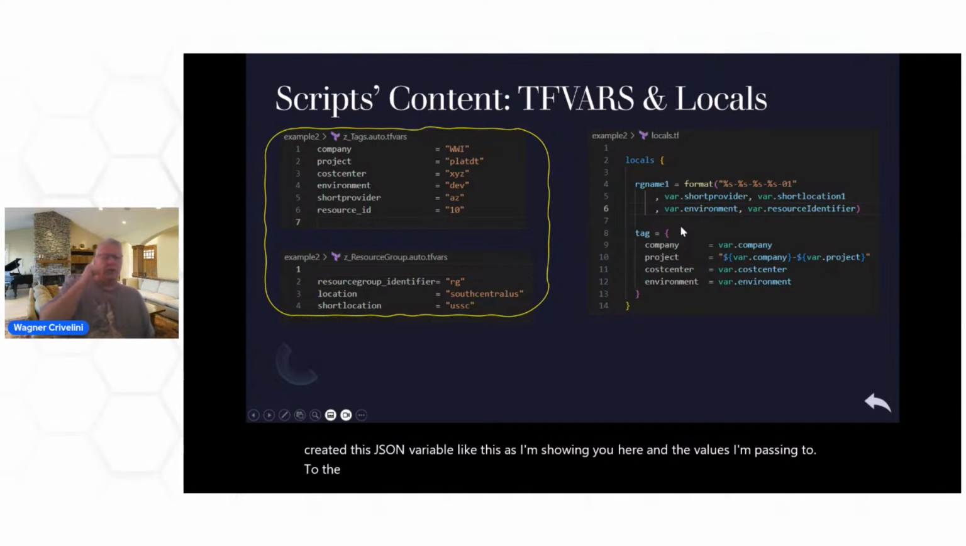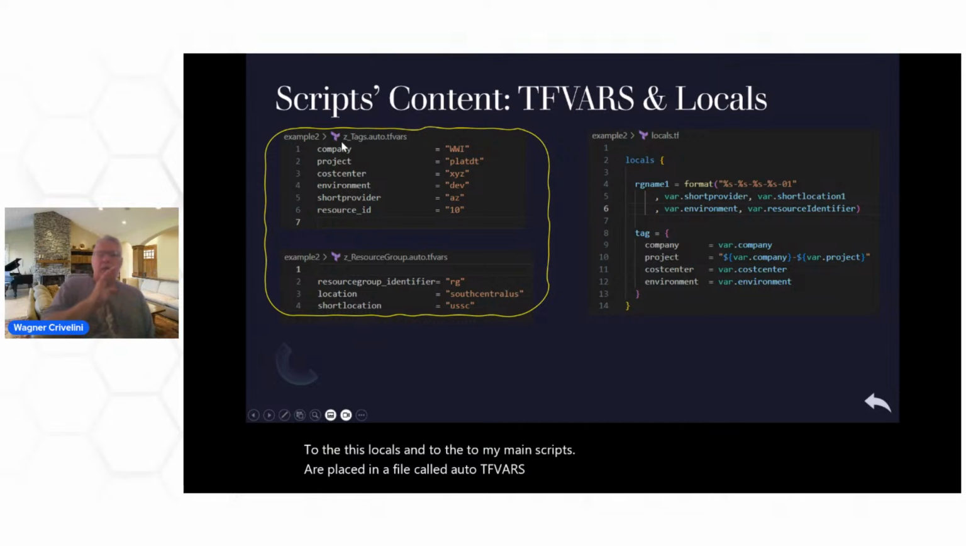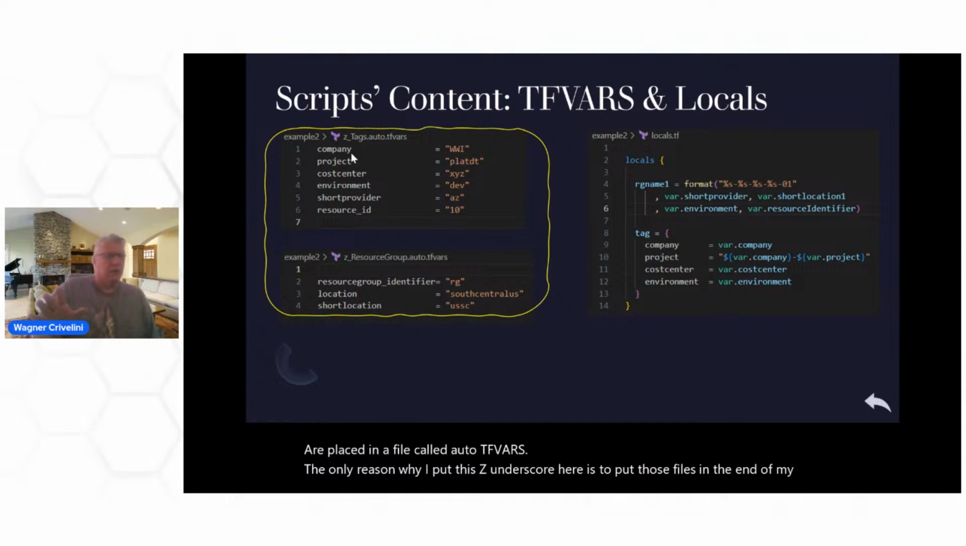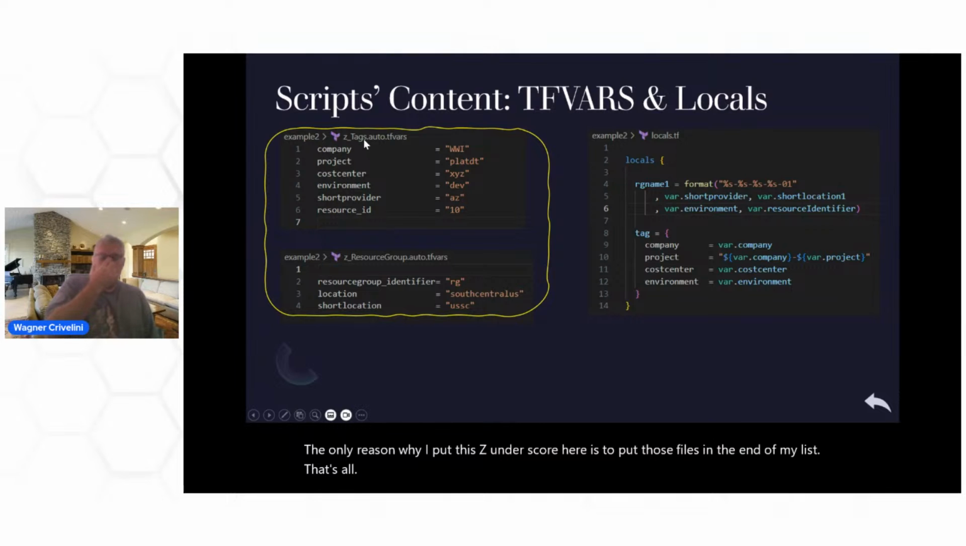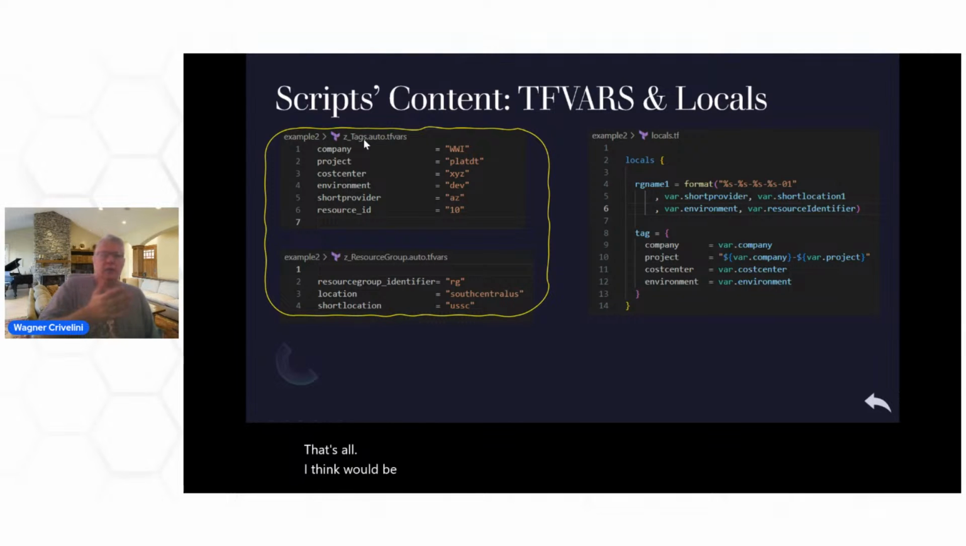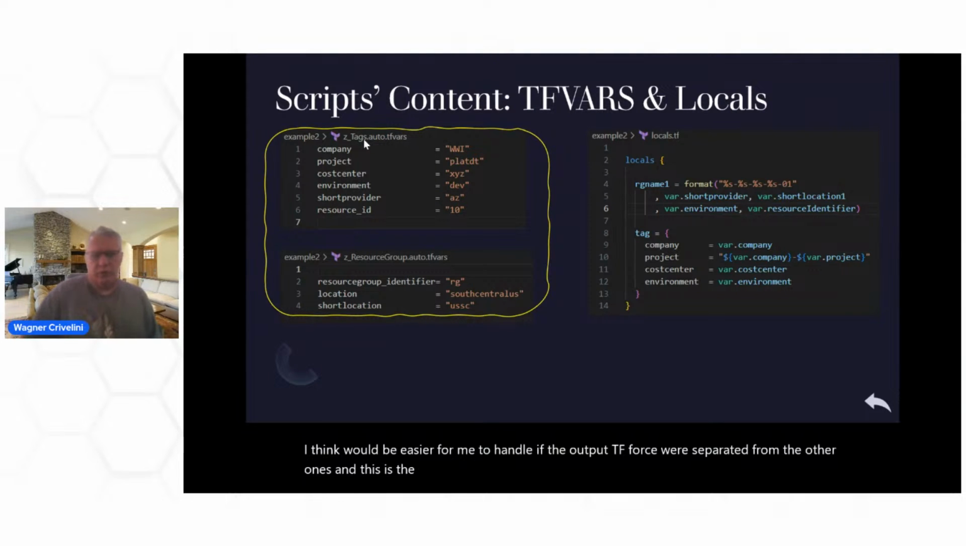this locals and to my main script are placed in a file called auto.tfvars. The only reason why I put this Z underscore in here is to put those files at the end of my list. That's all. I think it would be easier for me to handle if the auto.tfvars were separated from the other ones. And this is the way I thought would be easier to do. Anyways,